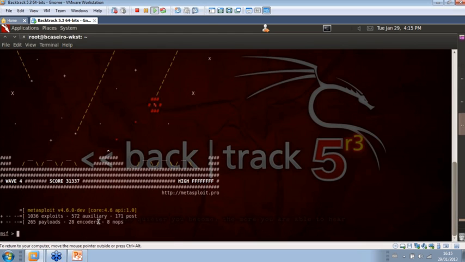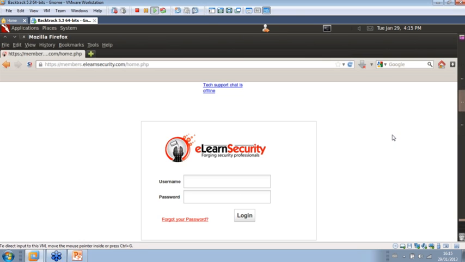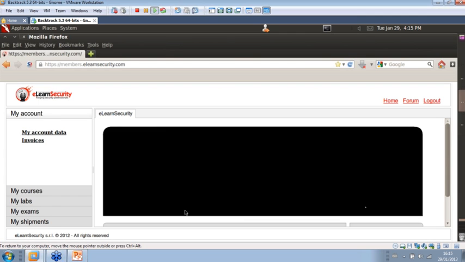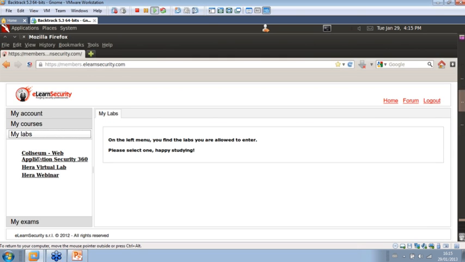Just before preparing our exploit, I was about to forget. We need to start our lab. As a learn security student, you are going to have an account there. So we need to log in. Once you are logged in to the members area, you can go to